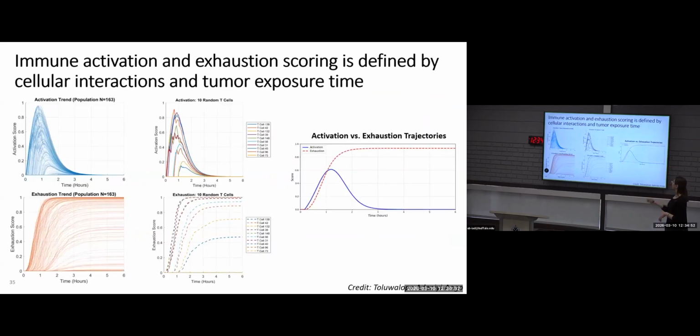And when we take all of the cells and plot their exhaustion and activation trajectories over time, this is essentially what we're seeing with, again, a little bit of randomness. Pretty quickly, the cells start to become activated. Then over time, the activation peaks and falls off, whereas the cells start to enter what we would call a terminal exhaustion phenotype, where they're just useless in that tumor. They're just taking up space. So we're actively working on conducting some experiments in the lab to parameterize these curves according to actual markers expressed on the cell surface.